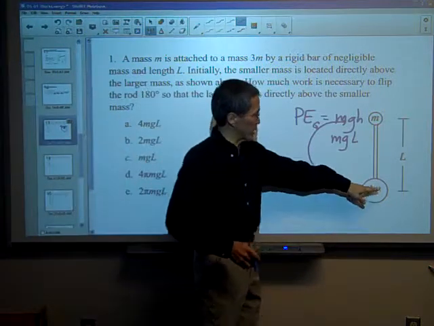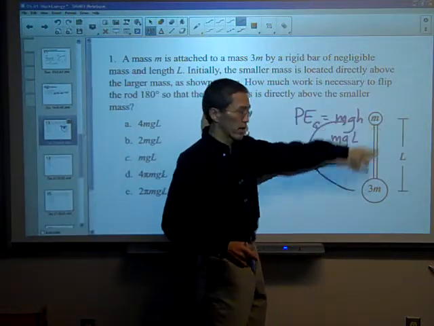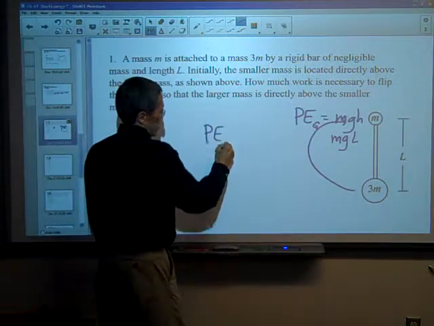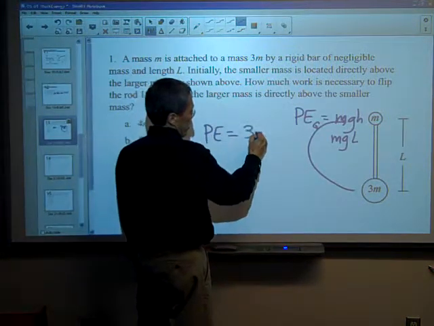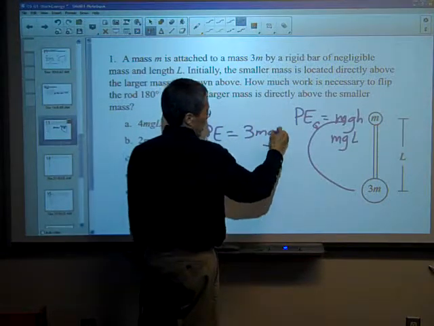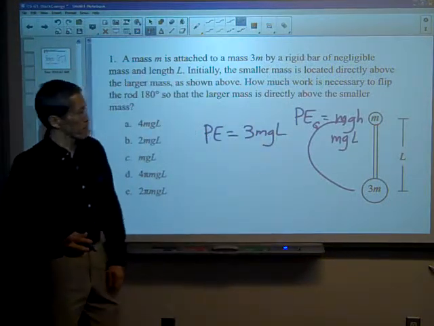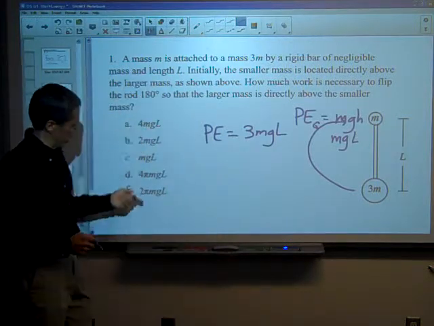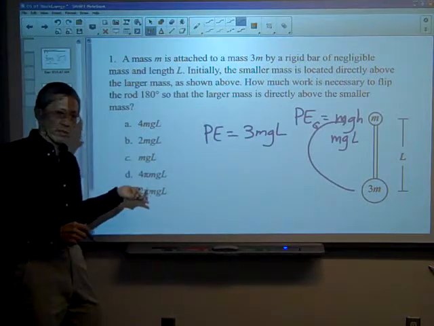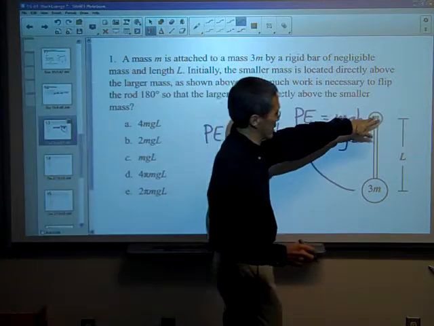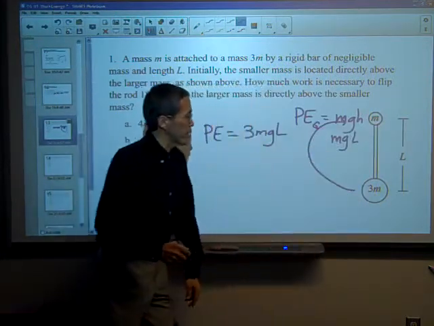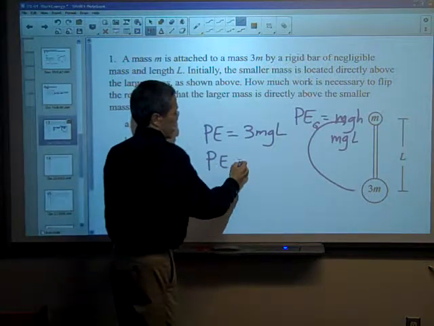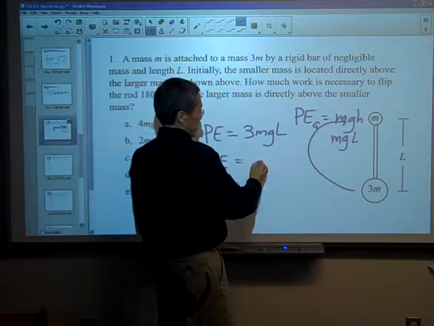So how much work is it going to take to get this guy from there to there? Well, that's just changing my potential energy. So that's going to be 3mg times L in this case, right? Okay, that's great, but that's not one of my answers. The reason is that this guy's going to come down, and since it's going down, its potential energy has changed, and it's actually negative